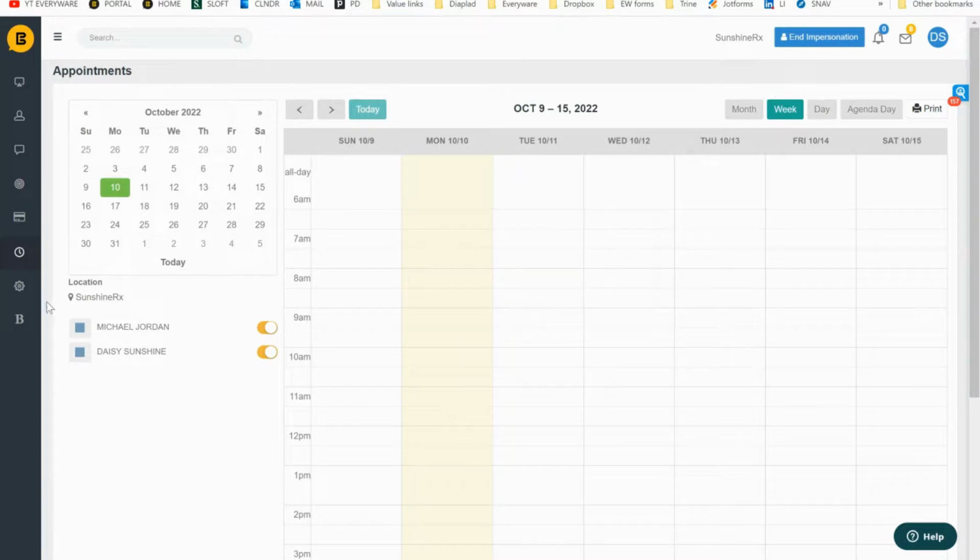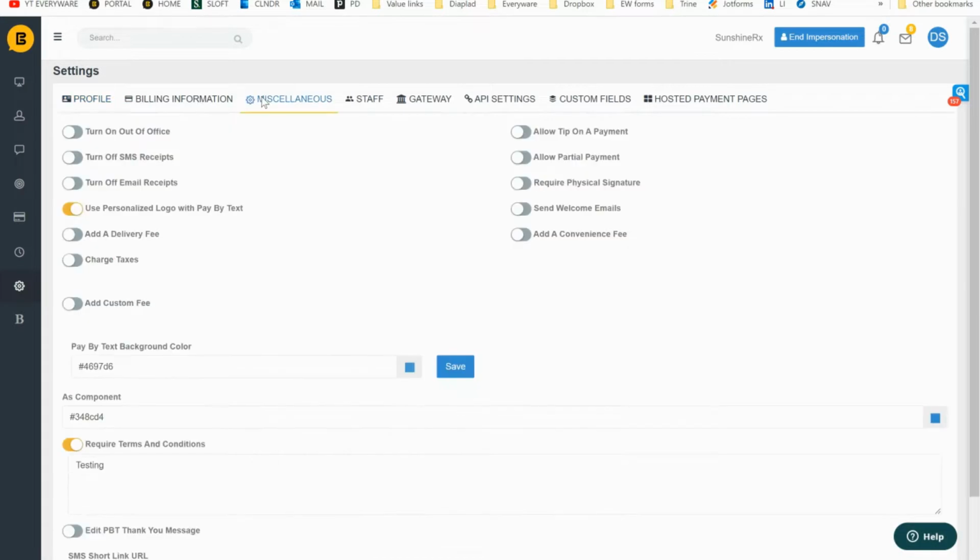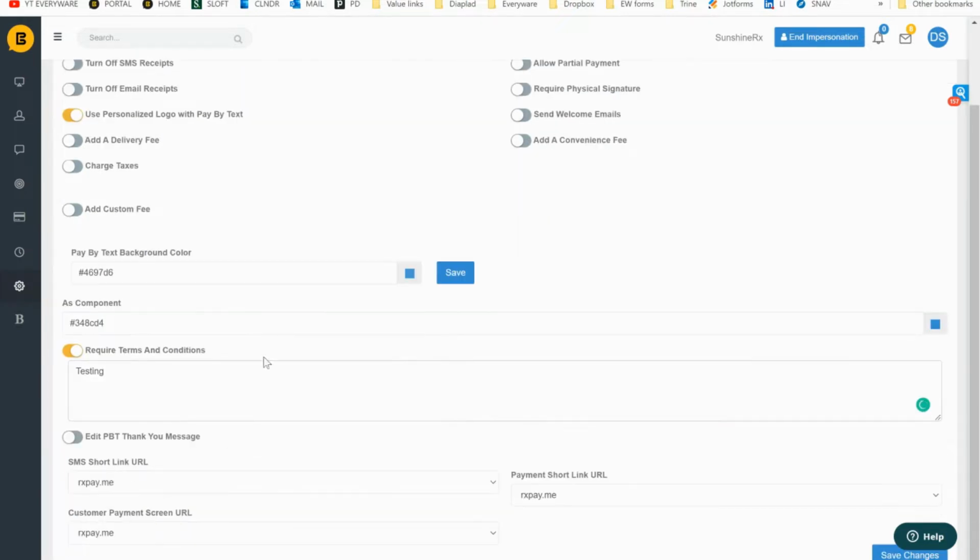and the system is also going to notify them sometime prior to the appointment, just reminding them that they have an appointment with you coming up. Settings, as I said, this system is really customizable to your needs, so you'll be able to adjust different settings such as billing information for that merchant, and miscellaneous, where I mentioned you can customize the invoice, you can put different colors, you can set convenience fees, you can send welcome emails, require physical signature,